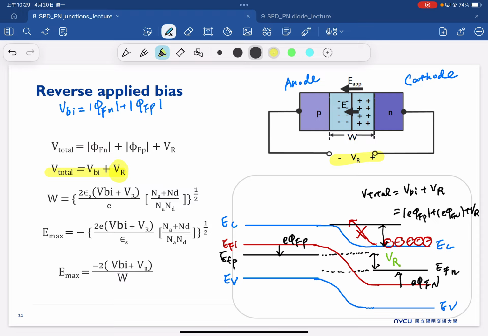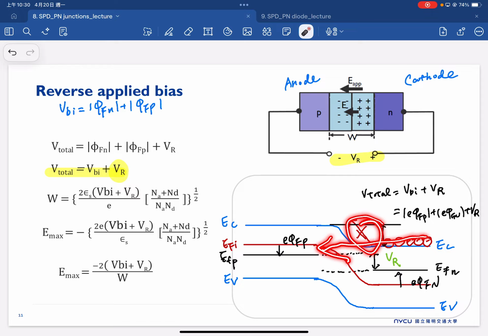Now we consider there is an additional VR here, and because of this additional VR, the barrier becomes larger. The barrier height becomes larger, so our electrons have even more difficulty flowing to the left. Similarly,